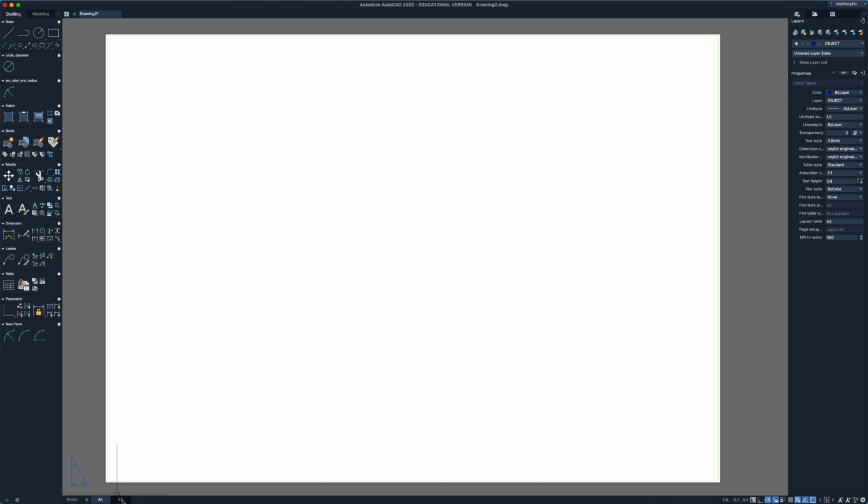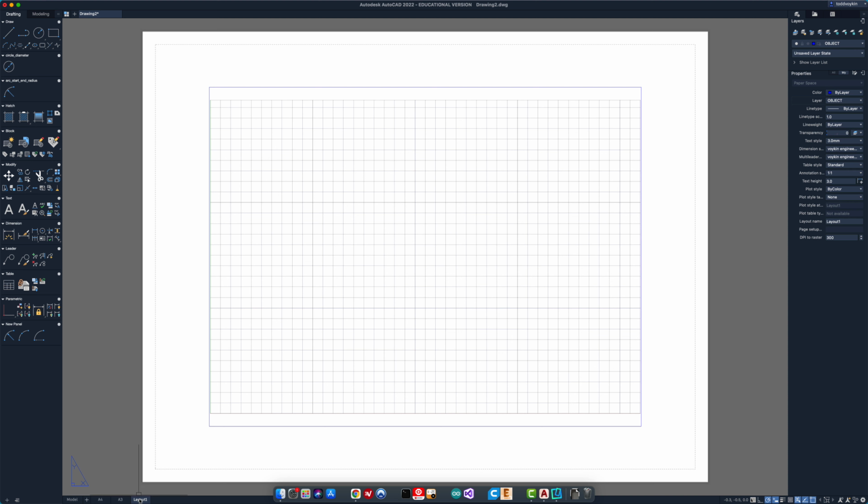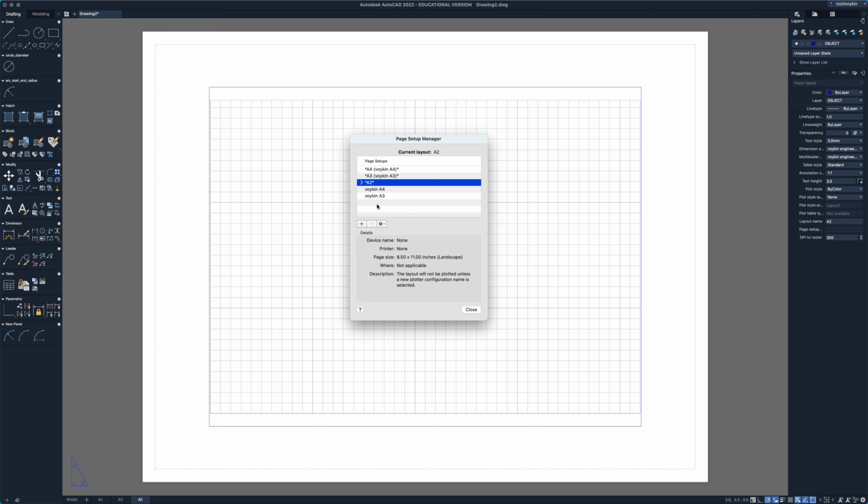space. And now on the bottom, I'm going to add a new tab because I want a third layout style for an A2. So add, and I might as well rename that right now to A2. Go into the middle, page setup, and add Voikin A2, continue,